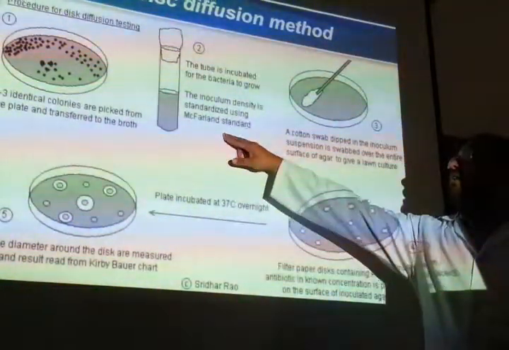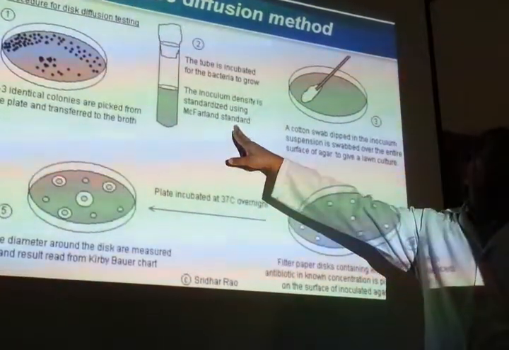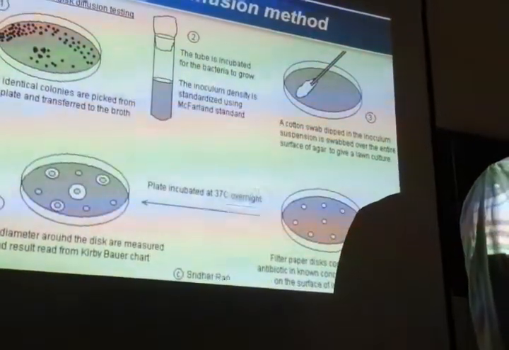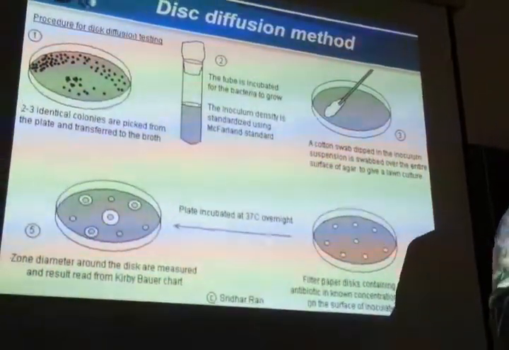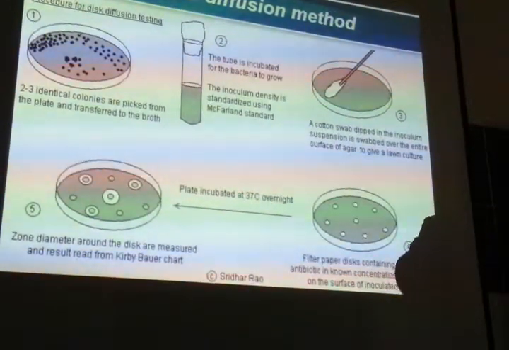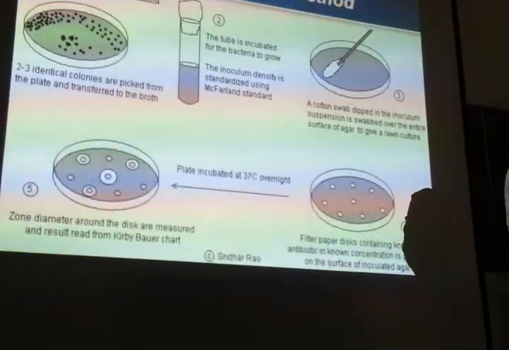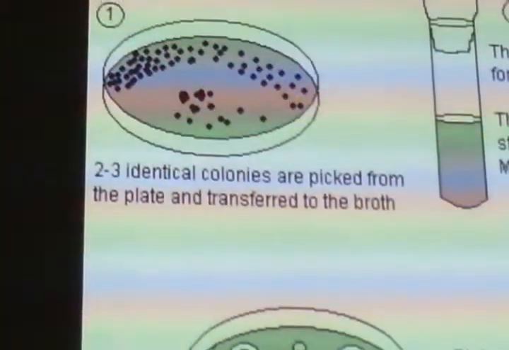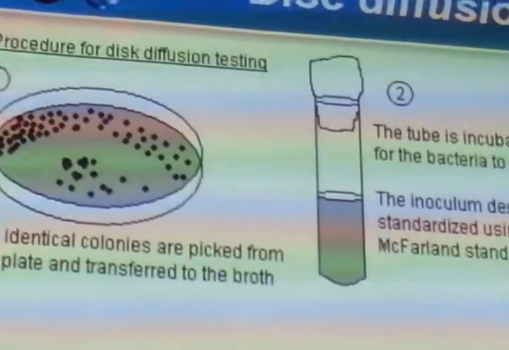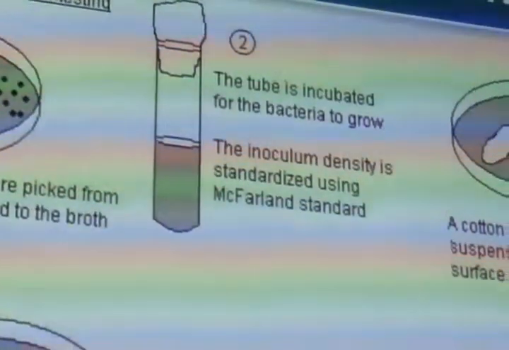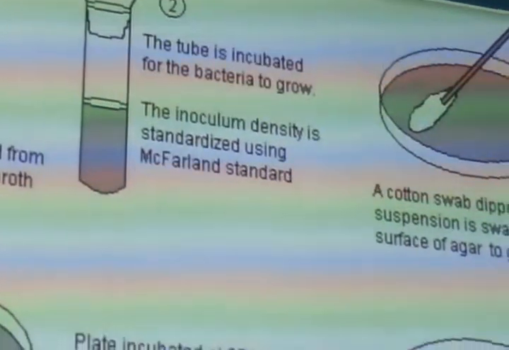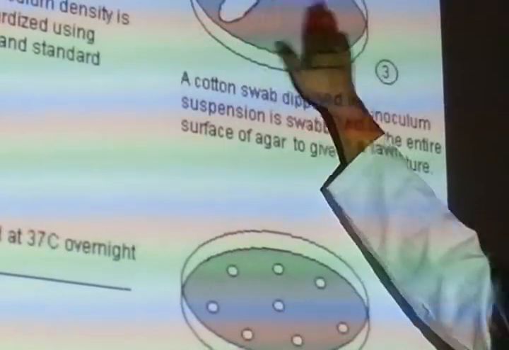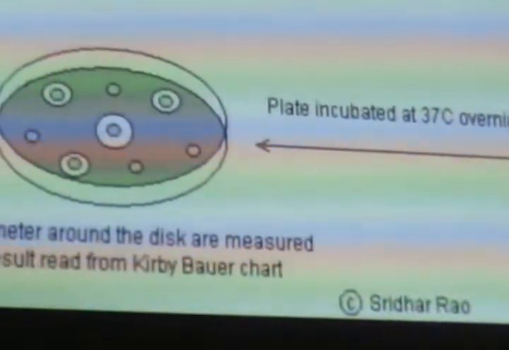You have a standard that is called McFarland standard. It is a turbidity standard. You understand turbidity? When you put bacteria, it becomes whitish turbid. So we check 0.5 standard, it has specific turbidity. We take water, distilled water or saline, put bacteria to match turbidity. According to 0.5, the turbidity of 0.5 we have to make same in the other tube, and then from that tube we take this cotton swab and spread it out on the culture tray.